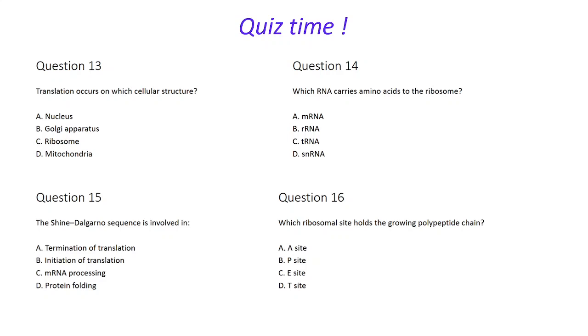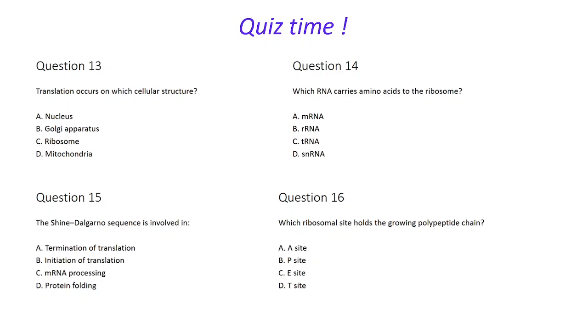So we talked about it. The A site is the amino acid site where it identifies the tRNA. It goes and sits over there. So the charged tRNA enters from the A site. The growing polypeptide chain is there in the P site, where after the methionine, after the F-met, there is the